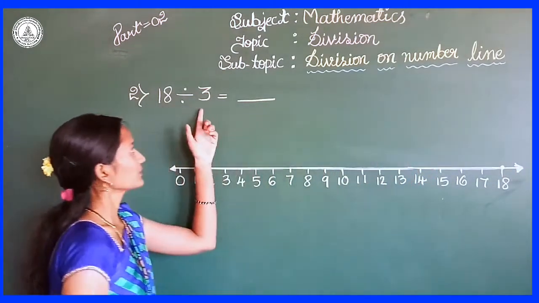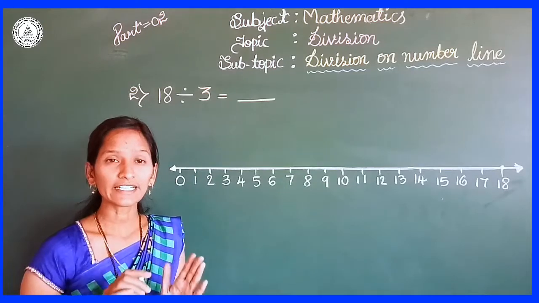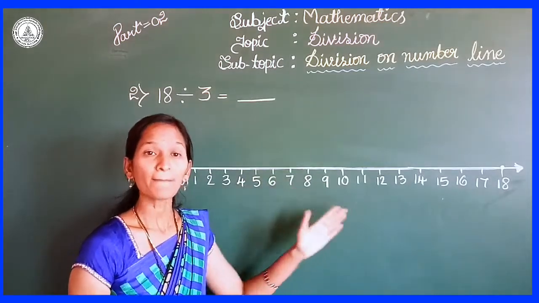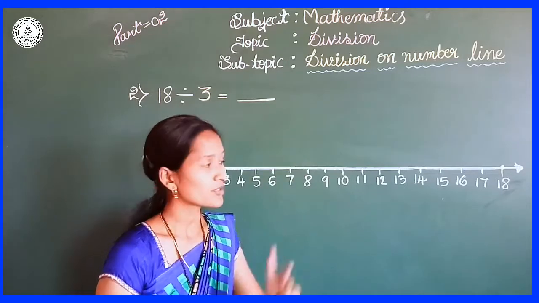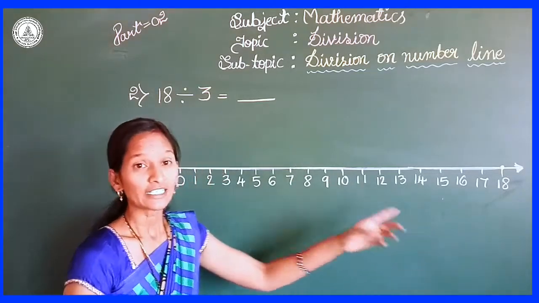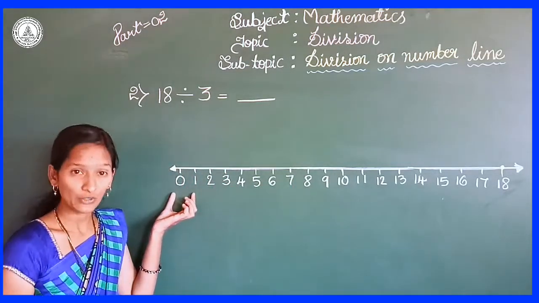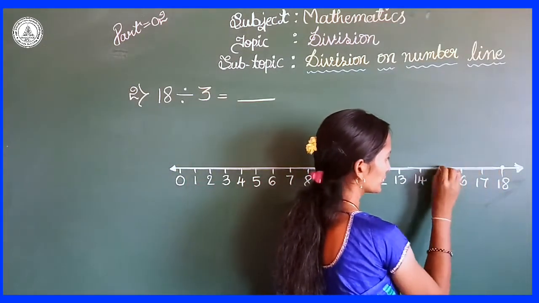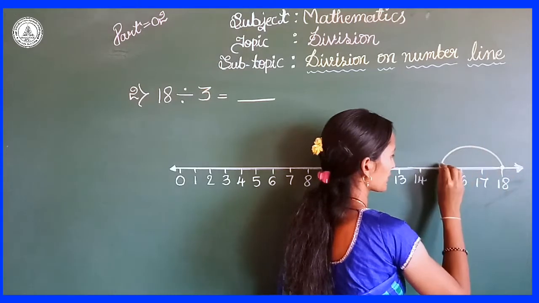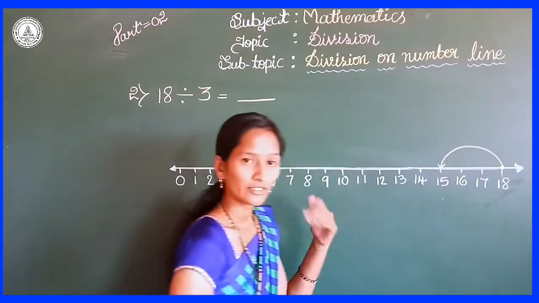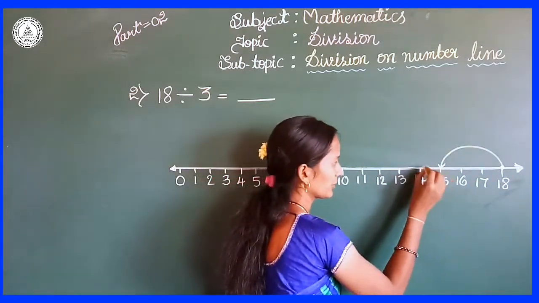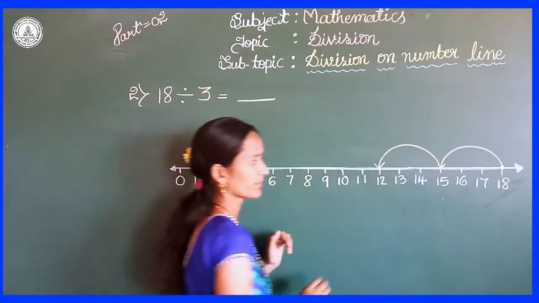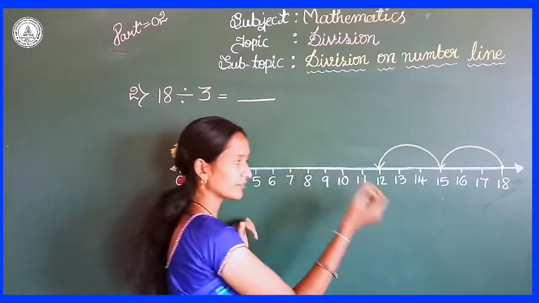The next, what does this 3 indicate? This 3 indicates the number of steps. So here I need to jump back 3 steps from 18 till you reach 0. Right? So first 18, 1, 2, 3. So this is the first jump. Right? Next, again from 15, 1, 2, 3. This is the second jump. The next, once again from 12,